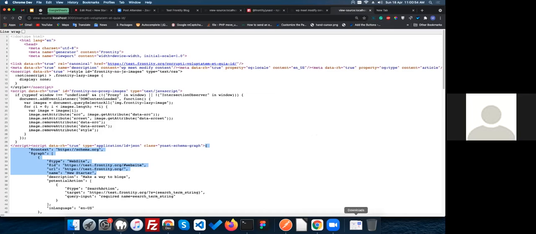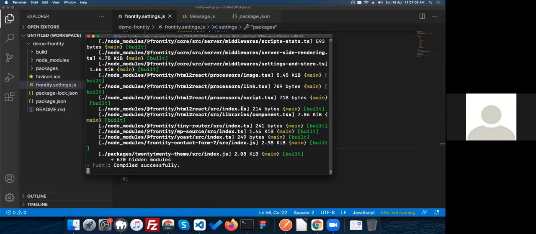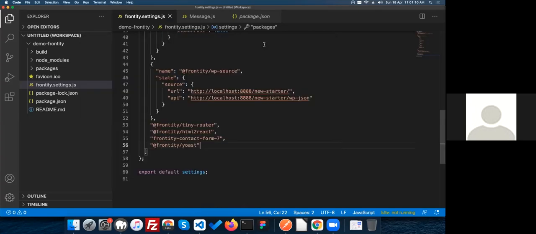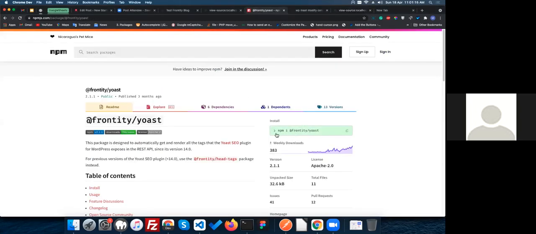I am hoping that no one has any question regarding how to integrate Yoast SEO into Frontity. So I'm just explaining again how to integrate the Yoast SEO plugin into Frontity. For that, you just need to install one package from your terminal. You get the install command from the npm.js package library.